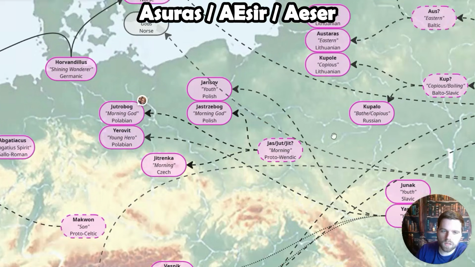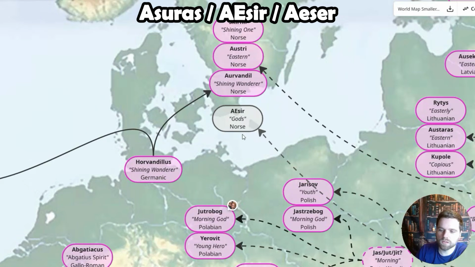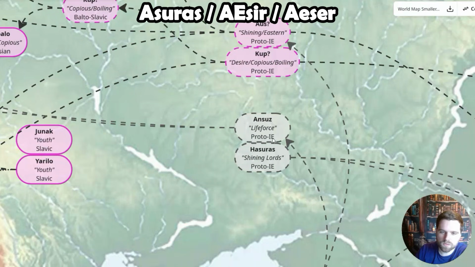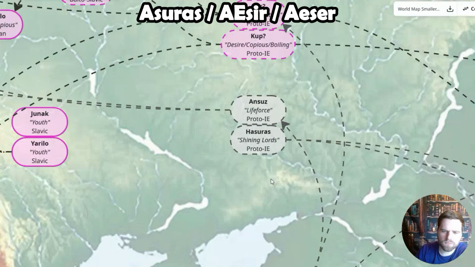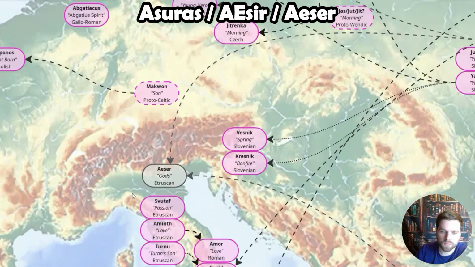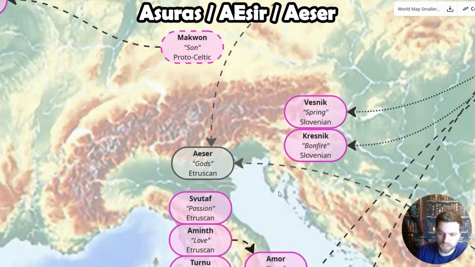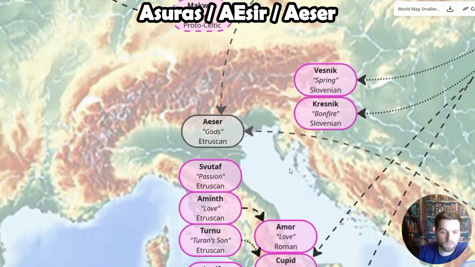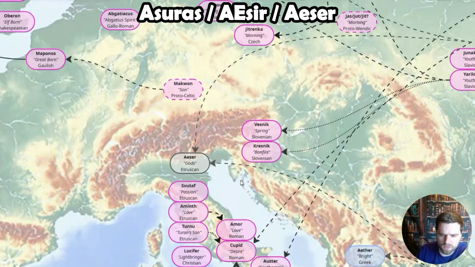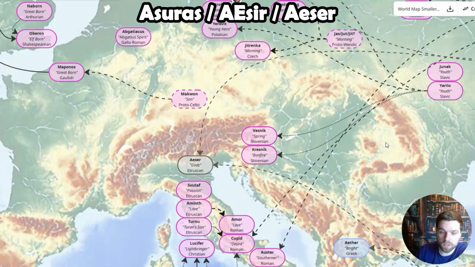The general hypothesis for where the Aesir, the name from the Norse gods, come from is to be Ansus, which is life force. And really life force and shining ones and all of that could be a big complex of what a deity or what deification kind of looked or sounded like. But we also have, coincidentally or not, the Etruscan name for the gods, which also means the light ones or light beings. And the Etruscans, of course, are a non-Indo-European culture.